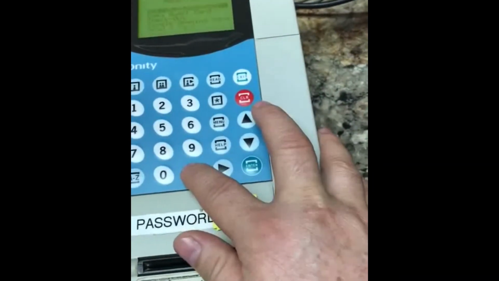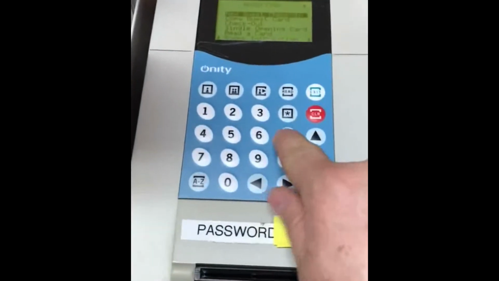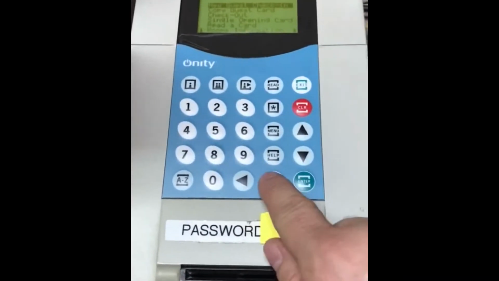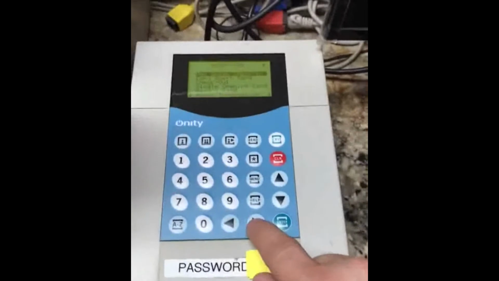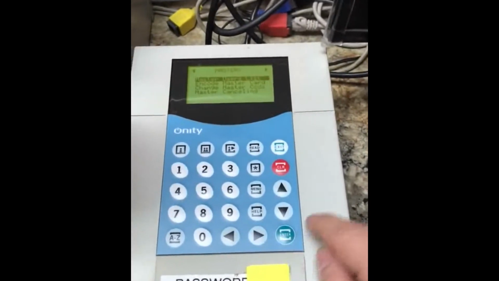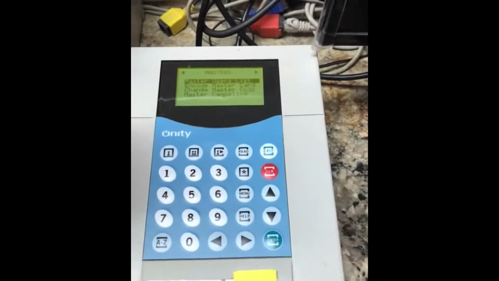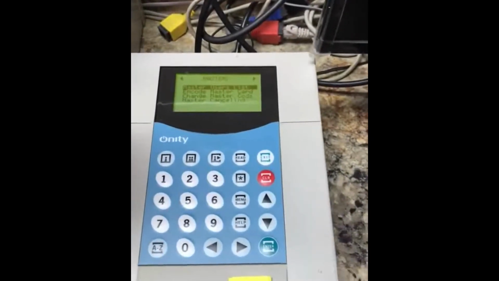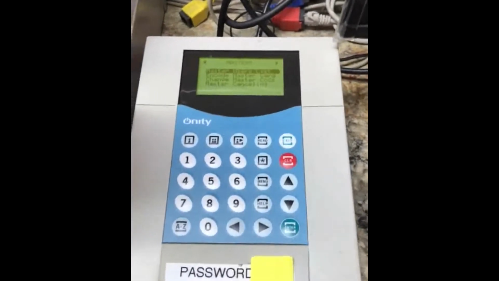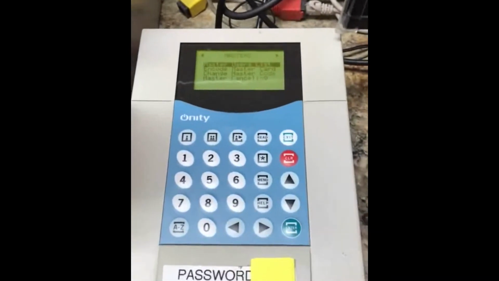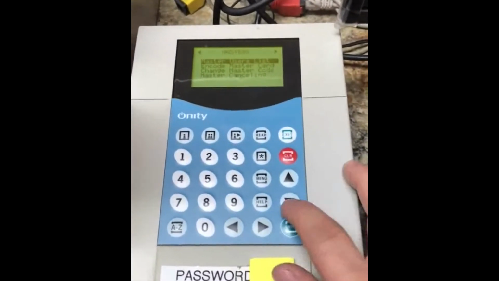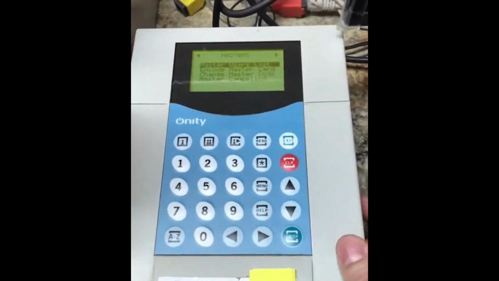Okay, it's going to be the main menu, and then you're gonna click the right arrow, only one. Then you're right here, you're gonna get master user list, encode master card. You're gonna make a new one for somebody new, let's say a new housekeeper or a new maintenance or whatever you need. You have to go to the master's user list,